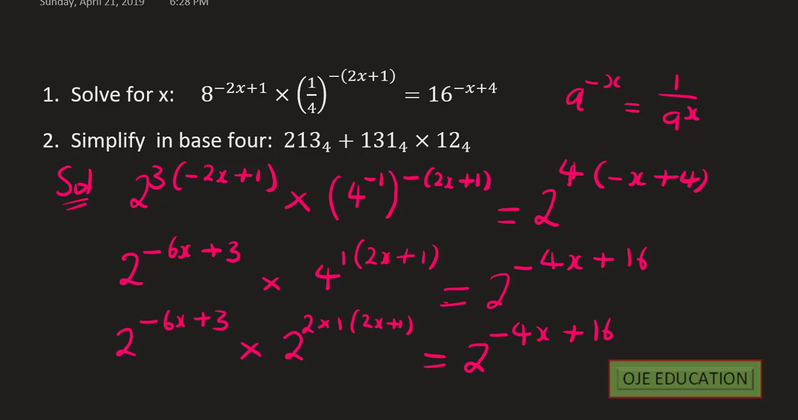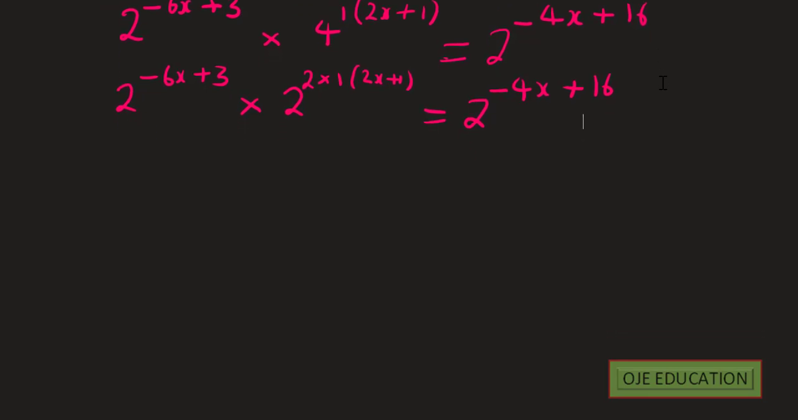Then 2 can be used now to open all of this. So when we do that here, we'll now have 2 to the power of negative 6x plus 3 multiplied by 2 to the power of 2 times 1 is 2. I have 2. Then that 2, I can use it immediately to open this bracket. So 2 times 2x is 4x. Then plus 2 times 1 is 2 equals 2 to the power of negative 4x plus 16. All right. So now I can